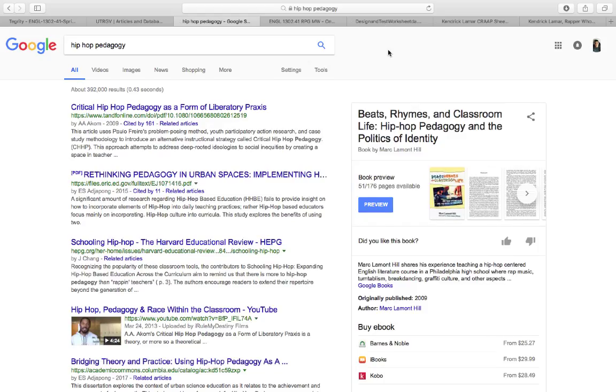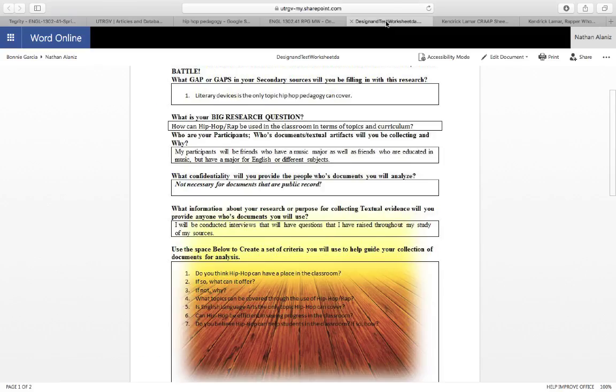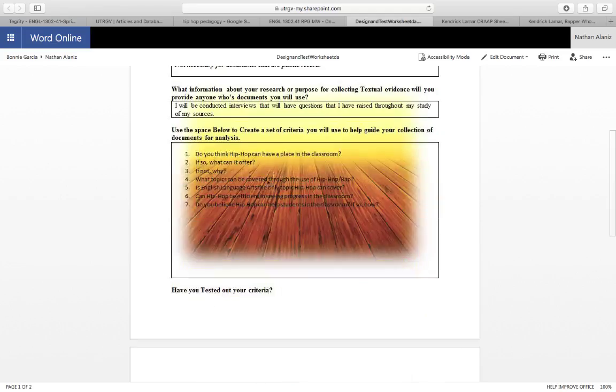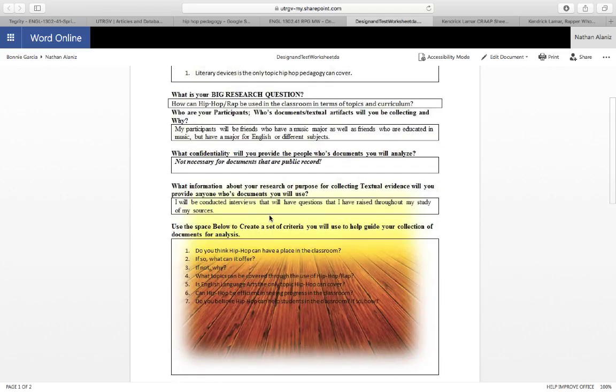And those are secondary sources as well. And for my primary sources, I had gone through this here, which was basically in order for me to fill in a gap for my secondary sources, which was that literary devices is the only topic that hip hop pedagogy can cover, because that's a lot of what I read in most of my sources. I figured I would come up with these questions and I would ask my peers in college